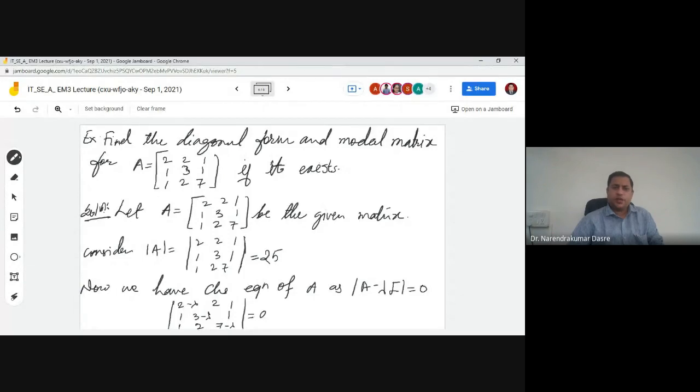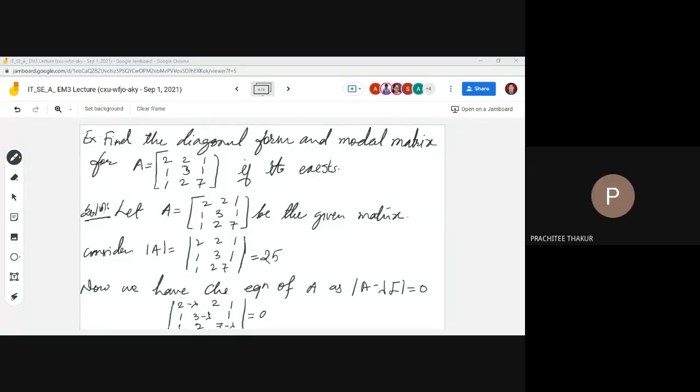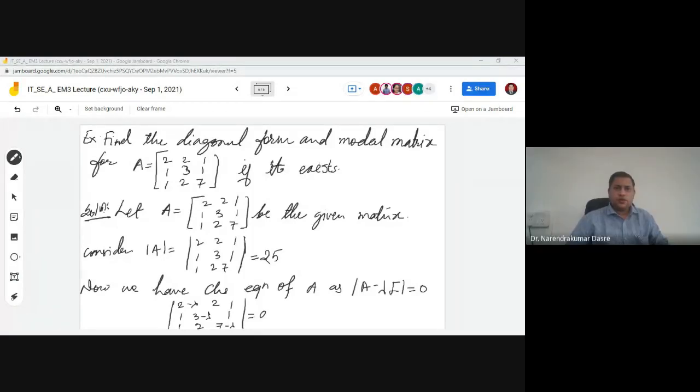The sum is 12 and the product is 25. So what are the eigenvalues? 5, 5, 1, 1. But is that